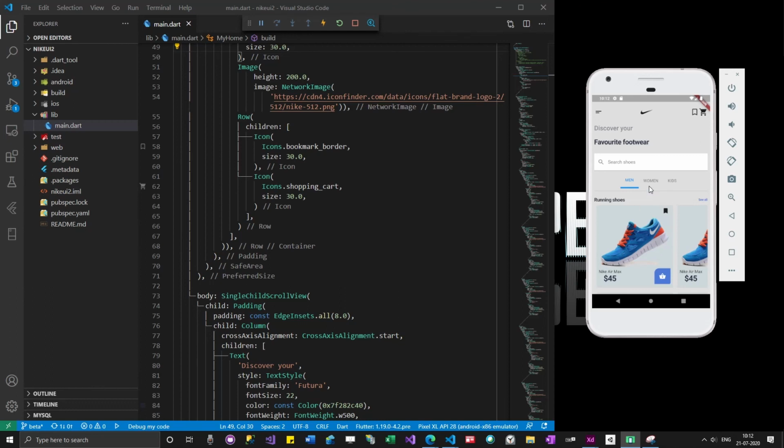I think that's it for today, guys. I will try to take one more UI development tomorrow. So today you practice this. Tomorrow we'll look at one more UI, and then again you will try to do it.